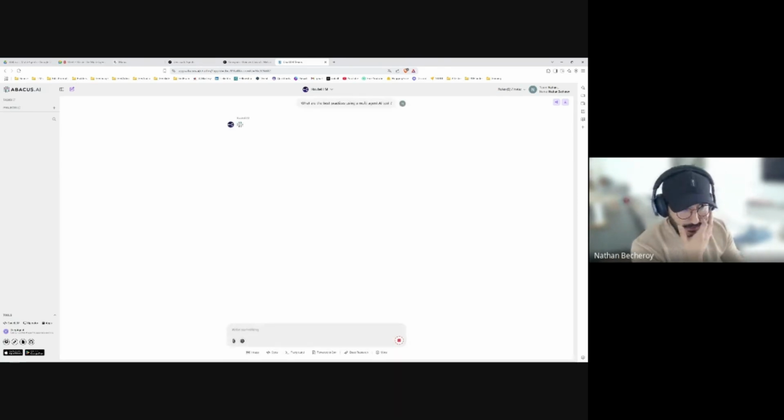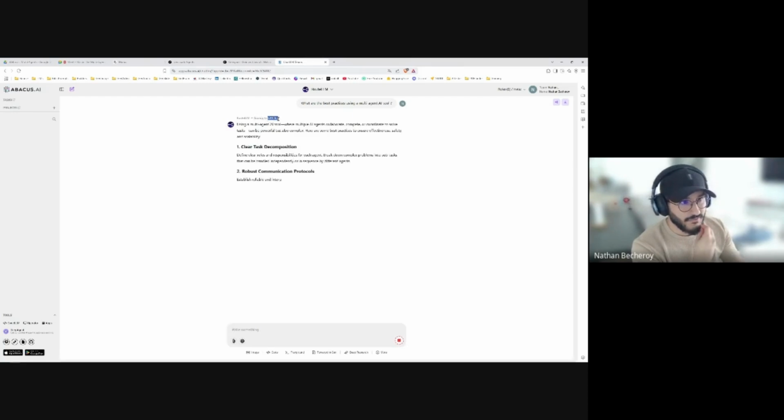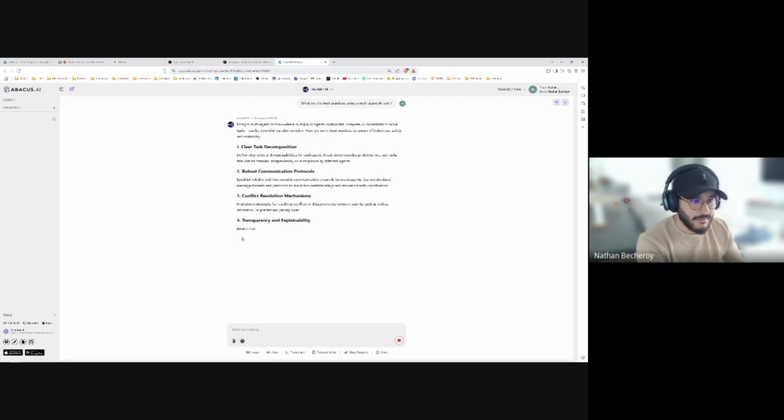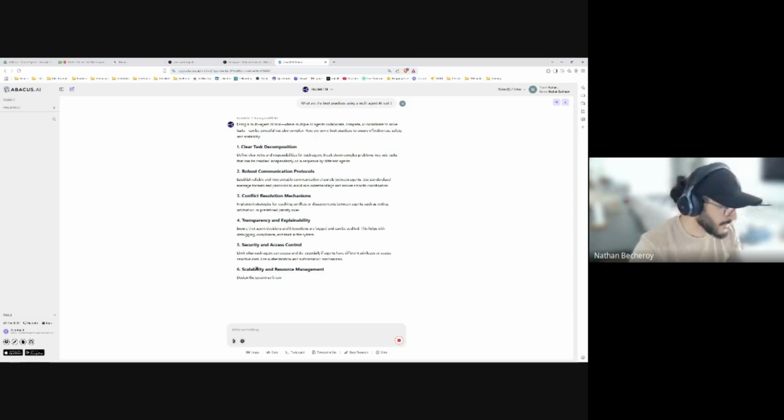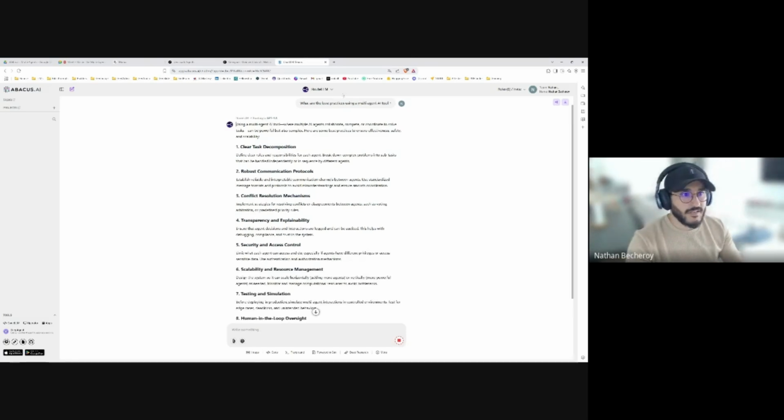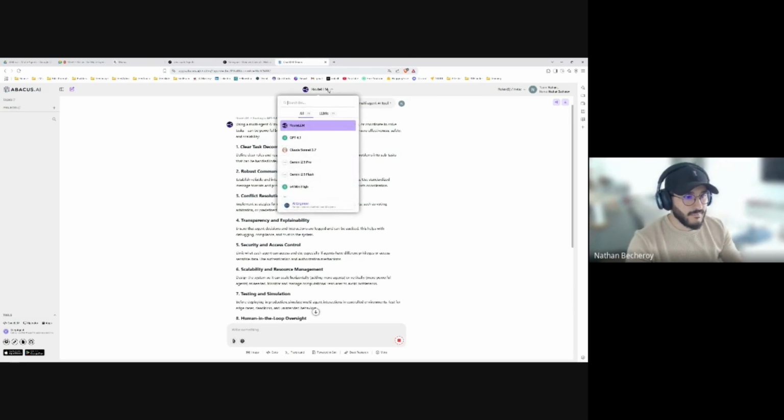And then you will see when it finishes, it will tell you, okay, I used GPT-4 because it's the best, and it will generate the answer. This is the simple first tool in Abacus AI.